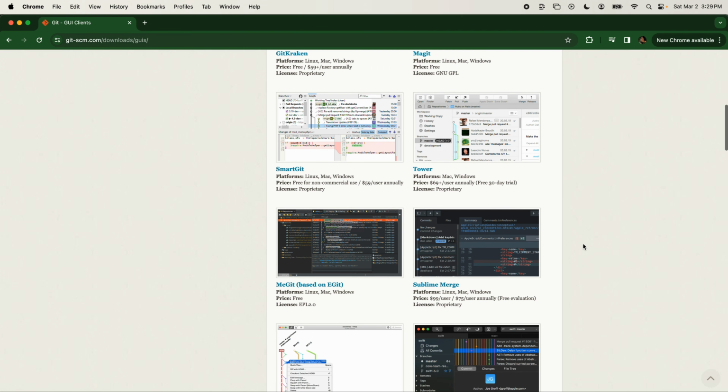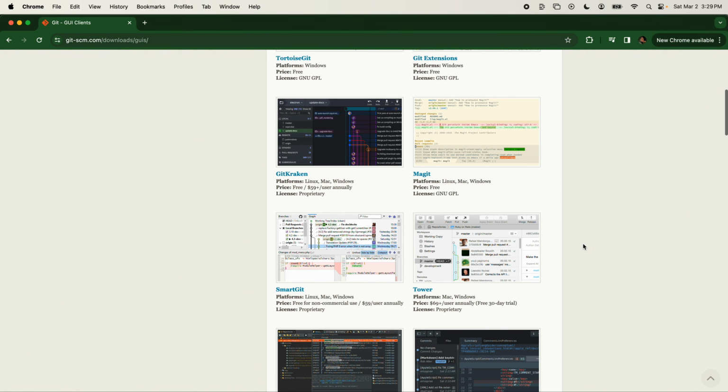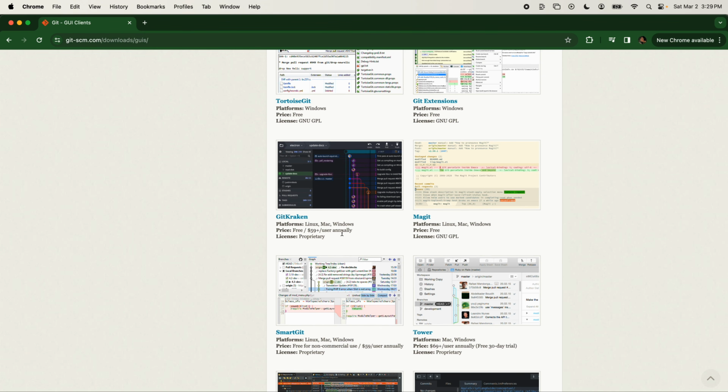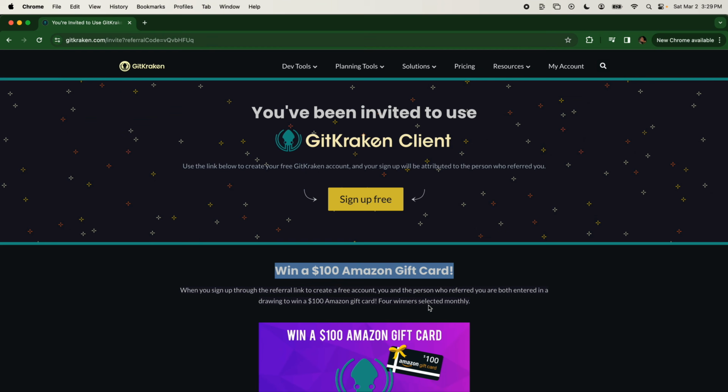This is a place where, when I was first learning how to code, I thought it was crazy to spend money for a GUI. Now that I know how to use Git and the power of the GUI, this is quite literally the first thing that I purchase every year. It is the most important software tool that I pay for, hands down. I am not getting paid if you guys sign up for GitKraken. In fact, it's actually free for you guys to sign up, but I highly recommend paying for this